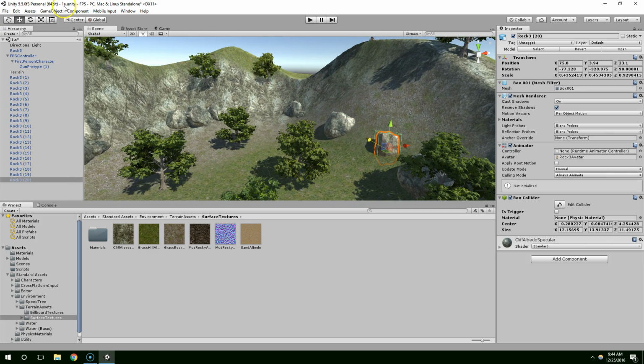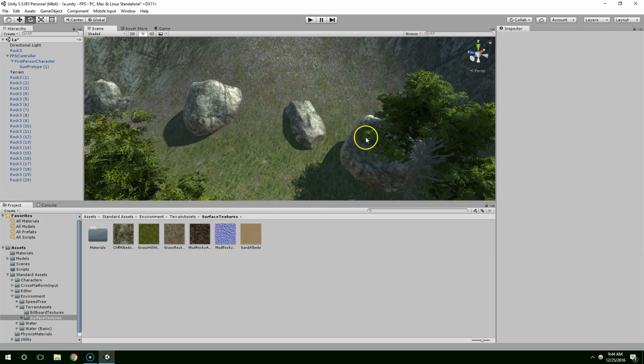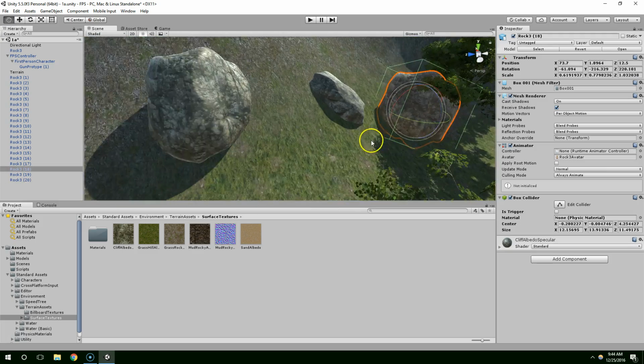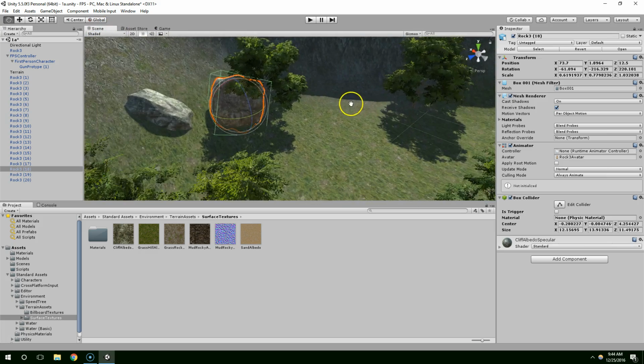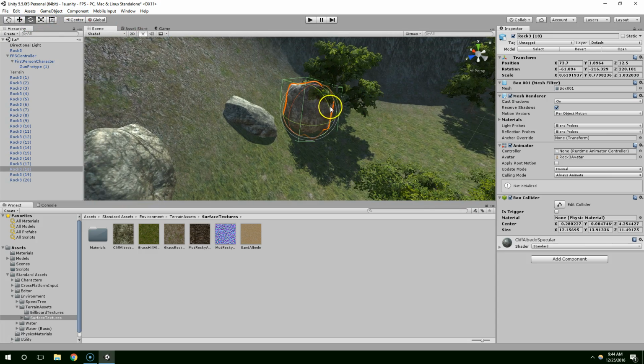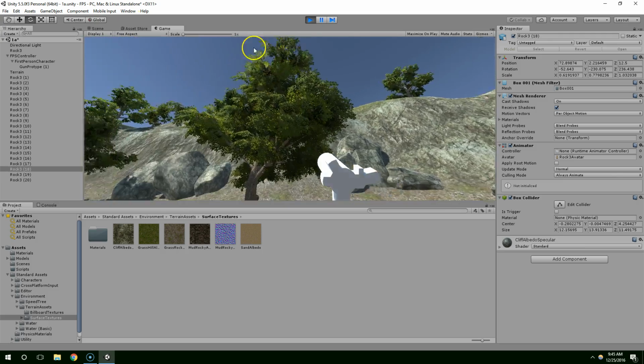And I'm duplicating with Control D, and then moving them around with these tools in the scene view. If you're not able to select the objects, you're probably in your game view. So just make sure you're always in the scene view. And keep in mind that if you're in play mode, even if you jump back to the scene view,